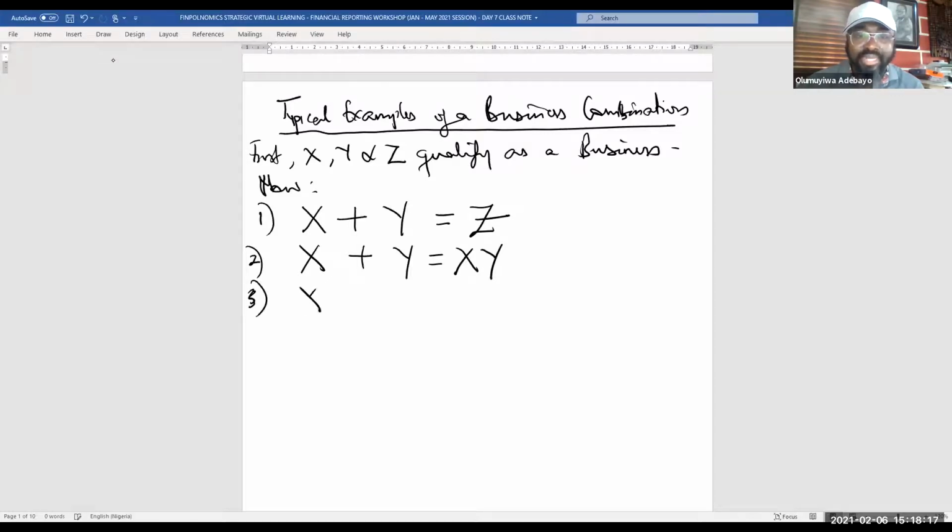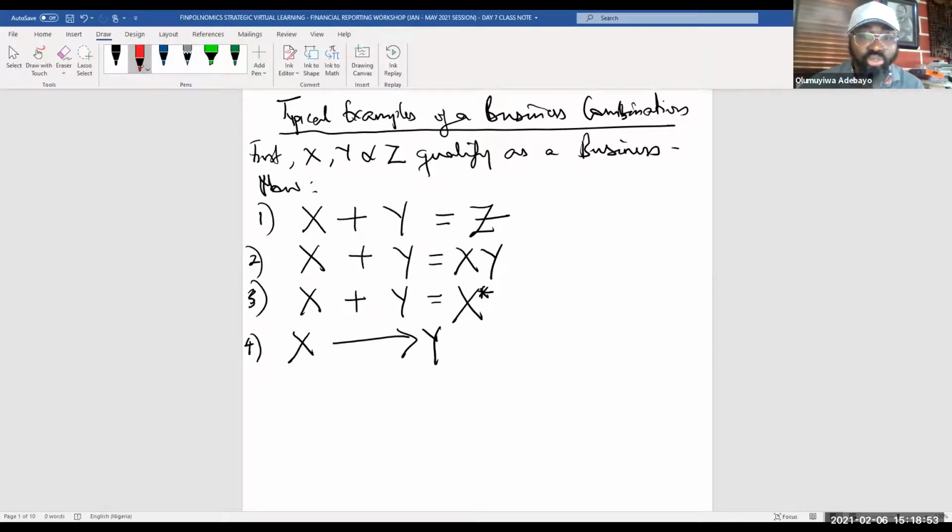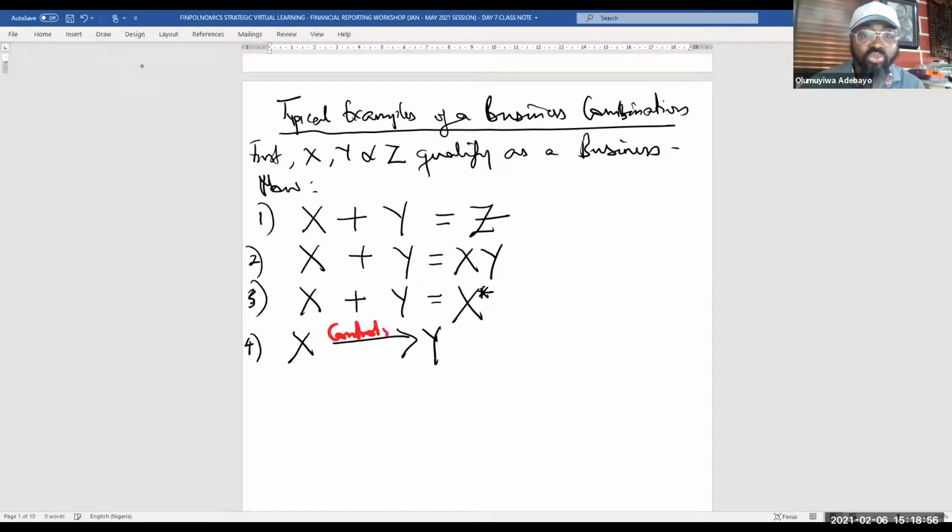Or business X come together with business Y and they form business XY. Or business X come together with business Y, but what resulted from it is an enlarged business X, which is not exactly this X, but enlarged. That's why I say it. And lastly, a situation where business X will still maintain its independent status as an entity, and likewise business Y maintain its own status as an entity. But what is common between them is that business X is seen to control business Y.